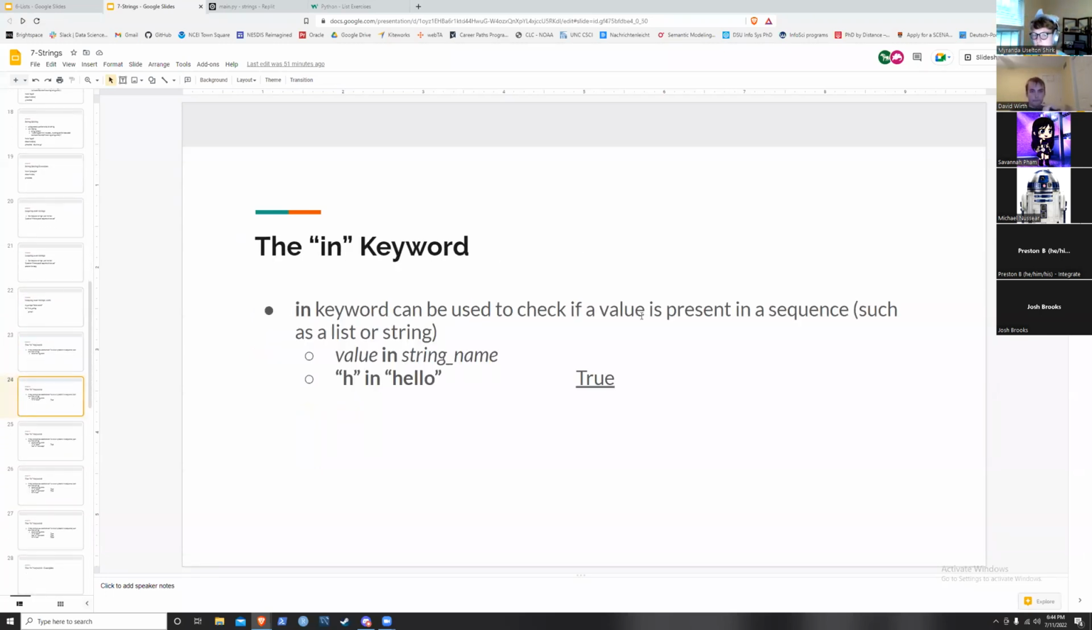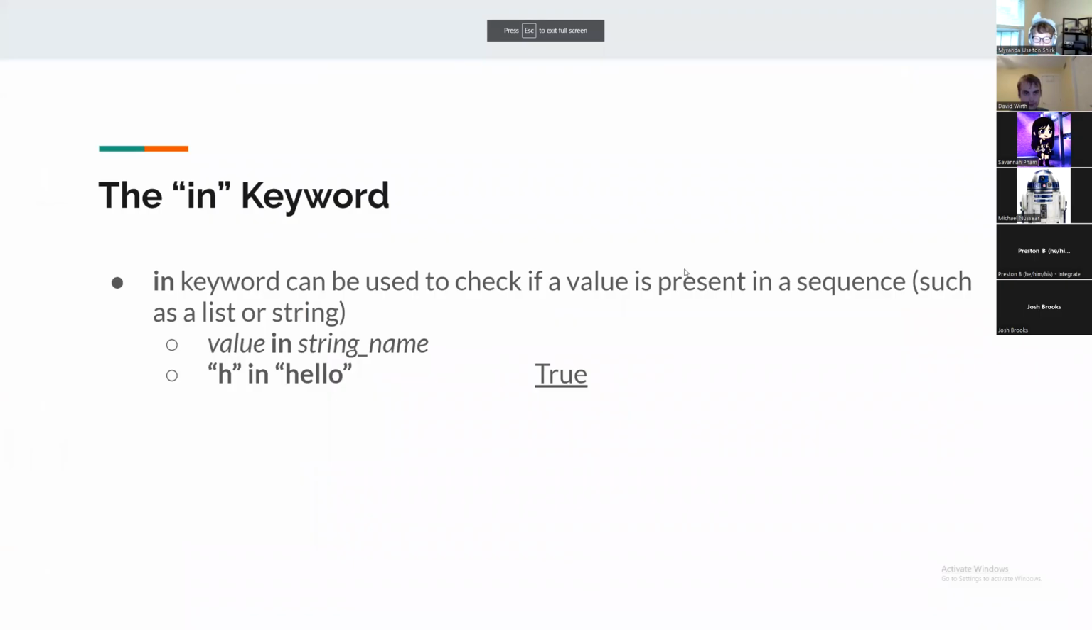Okay, so now let's talk about the in keyword. Python has several keywords. We've already learned some of them, like and or or, where you're comparing two things. There's also in, which can be used to check if a value is present inside a sequence, such as a list or a string. So if we want to check if something is in a list or in a string, we can use the